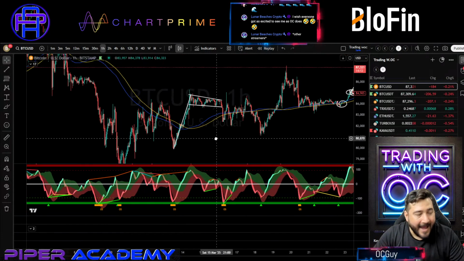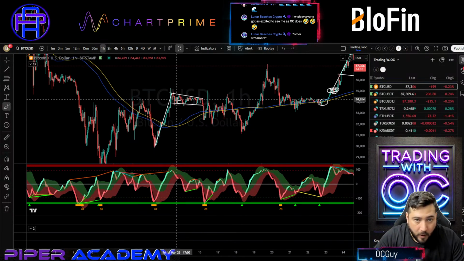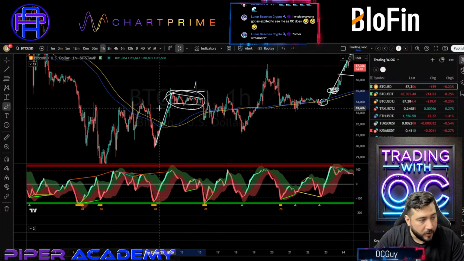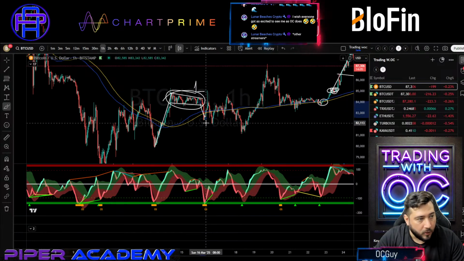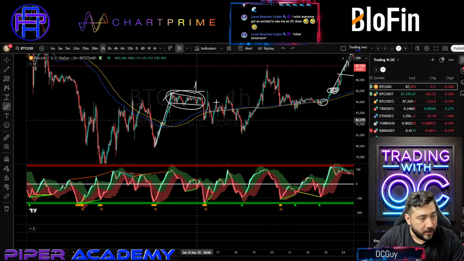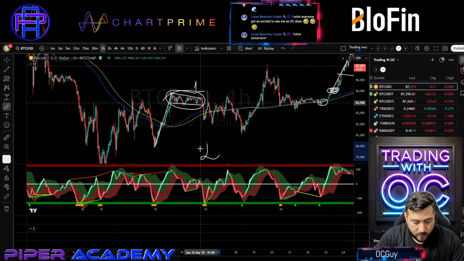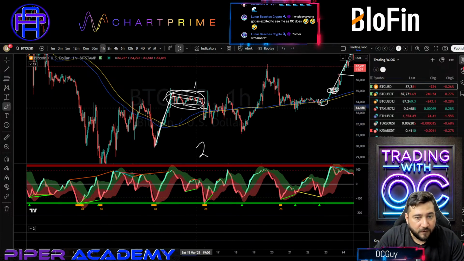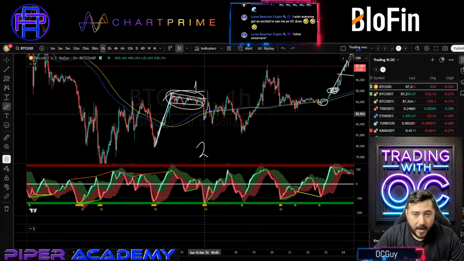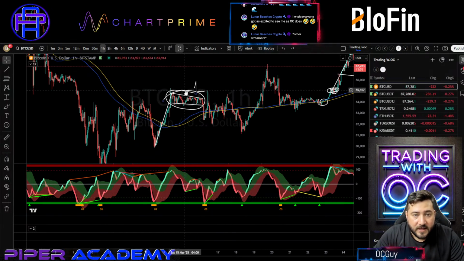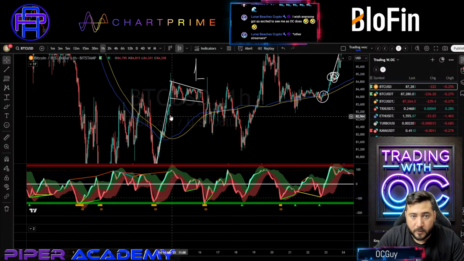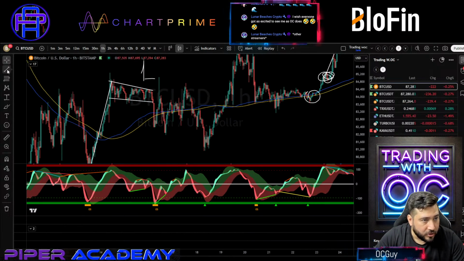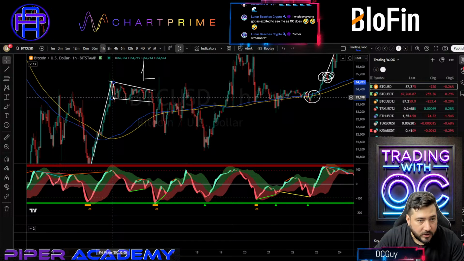So at this point, I have two possible options. One, a standalone wedge, breaking to the downside. Two, a possible bullish flag, breaking to the upside. How do I measure if this is a possible wedge? Usually that wedge is measured from here to there on a possible breakout zone. There we go. Here it is.